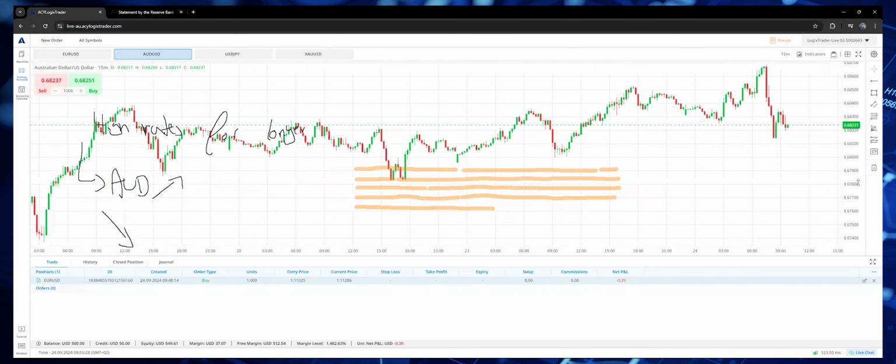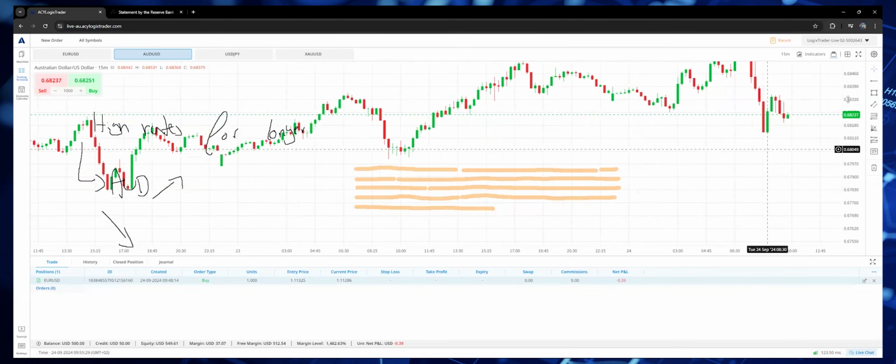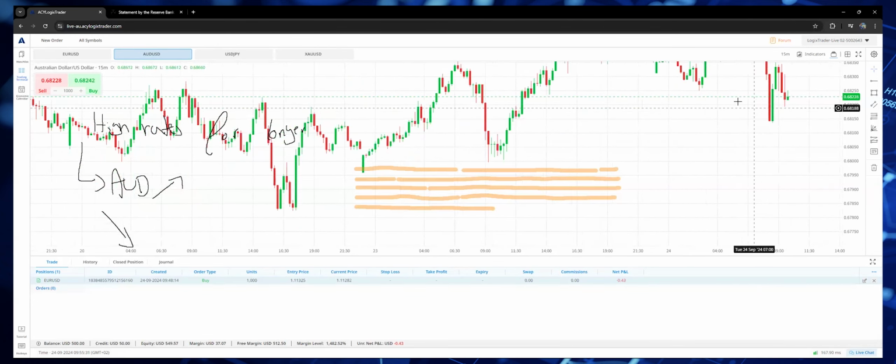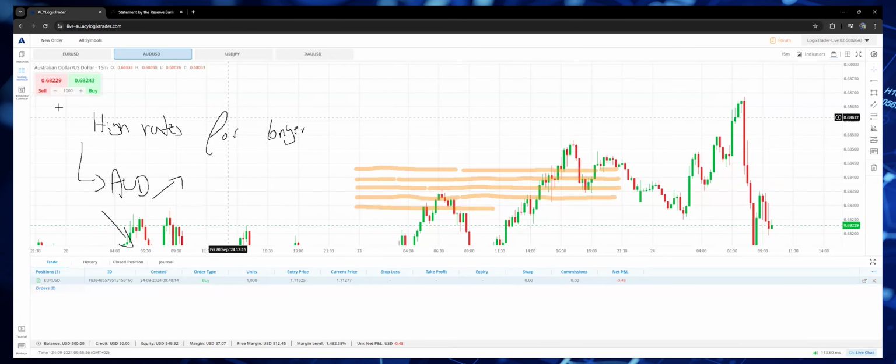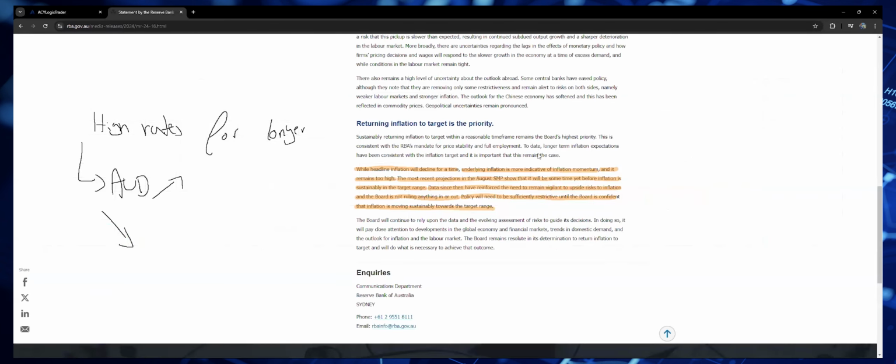So we've seen right at the release here, at 2:30 p.m., we had this move to the upside, and then we had this move to the downside, and now we are trading at 68,227. Really interesting move, because yes, the market first of all took this statement as hawkish, but then